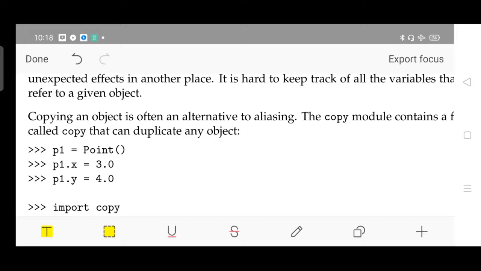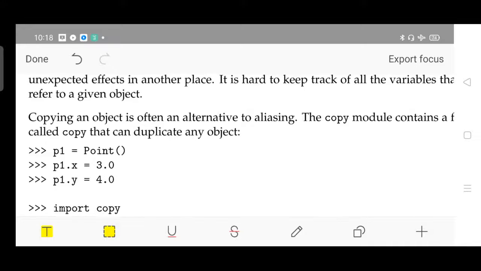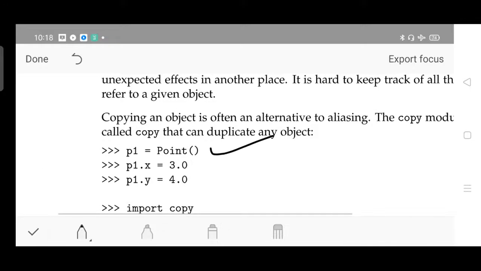Okay, very simple thing, easily you can understand. Object replication. What is object replication? All the data which is stored with respect to the said object can be replicated in another place. That is what object replication is, right? Let P1 be a point with two variables x and y with two values: P1.x equal to 3 and P1.y equal to 4.